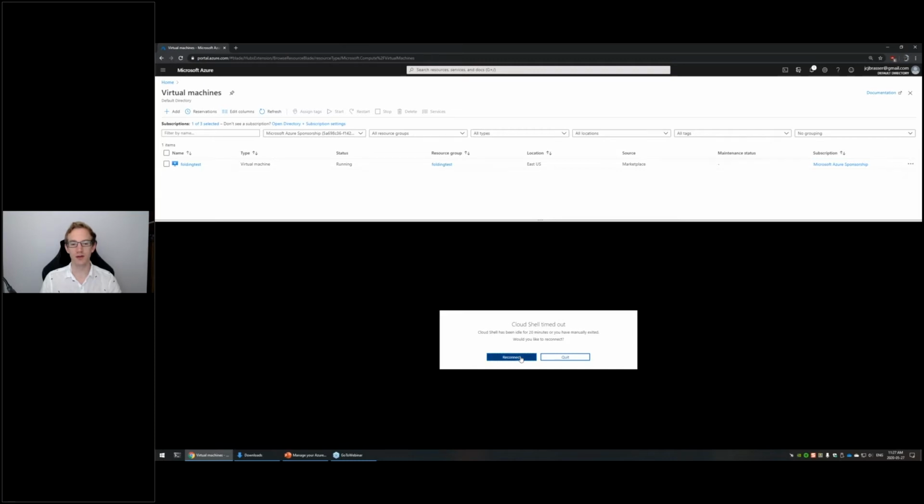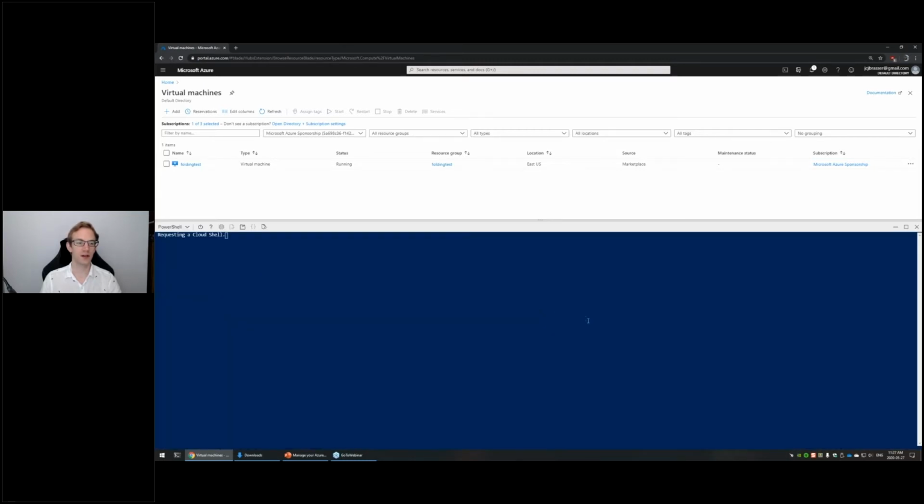So the first thing we'll do is reconnect to the Cloud Shell. You can see over here that I have PowerShell selected, and we're already authenticated against Azure. One of the features is that we have a Cloud Drive, and your Cloud Drive is just an Azure storage account, so you can access this from anywhere. And if we take a look at what we have in here,